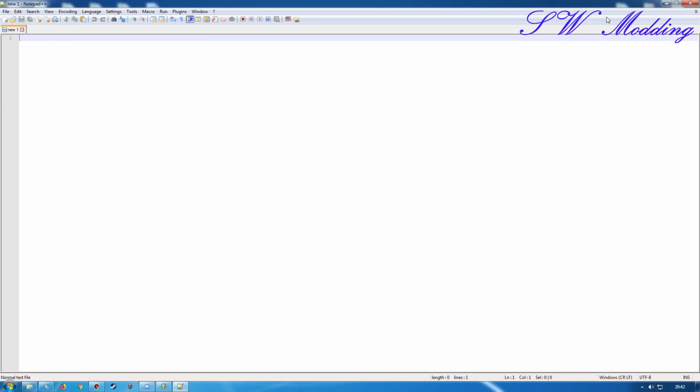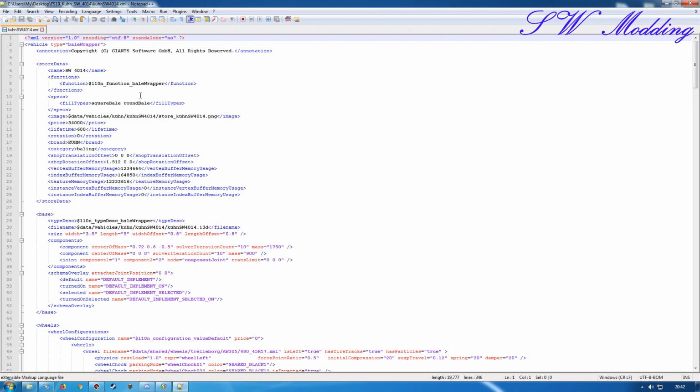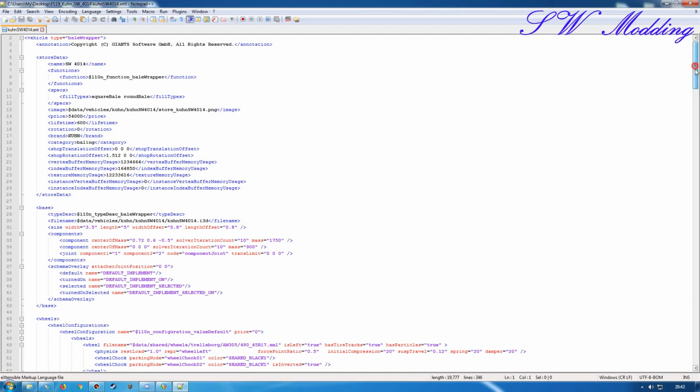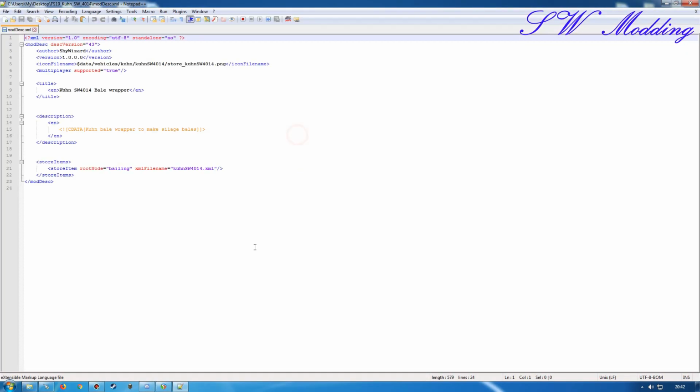And I don't know why the XML that's created by the actual Giants editor is broken, but I tried literally everything, and I could not get it to work the way it's meant to work from what I experienced in previous attempts at doing mods from in-game equipment. I've never had the issue before, but the XML that's created by the Giants editor seems to be broken, so the only way I could make it work was to actually take the XML directly from the installation folder and then have everything pointing towards the installation folder, all of the files, because at the end of the day all you're doing here is just changing some field types,